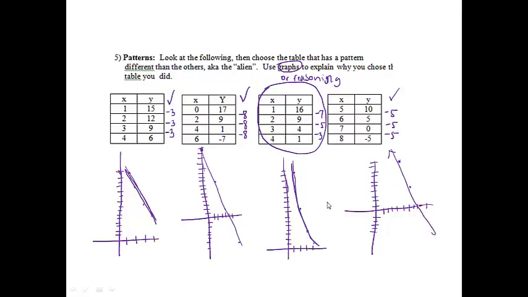Okay, graphing was kind of hard on that one because they really all look like straight lines unless you had graph paper. But this one, definitely by looking at the pattern, it was not. So I'm going to say this one's the table, and it does say to explain. It says to use graphs to help you, but my explanation is going to be the third graph is the alien because it is not going down by a constant amount like the